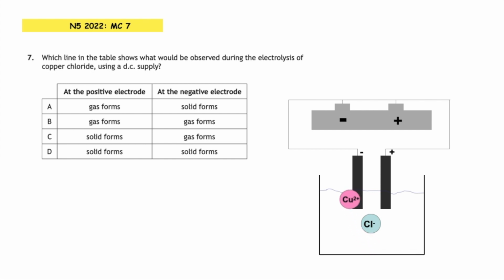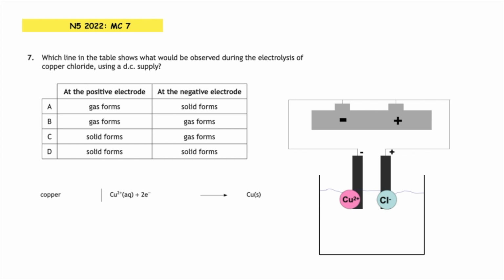Opposites attract, so that would be attracted to the negative electrode. We know that copper atoms are solid in that state, so the only answer at the moment could potentially be multiple choice answer A or D. Chloride is a negative ion that would be attracted to the positive electrode, but chlorine exists as